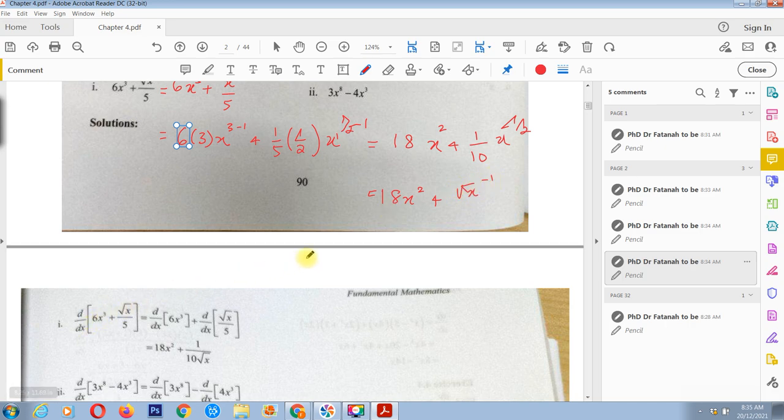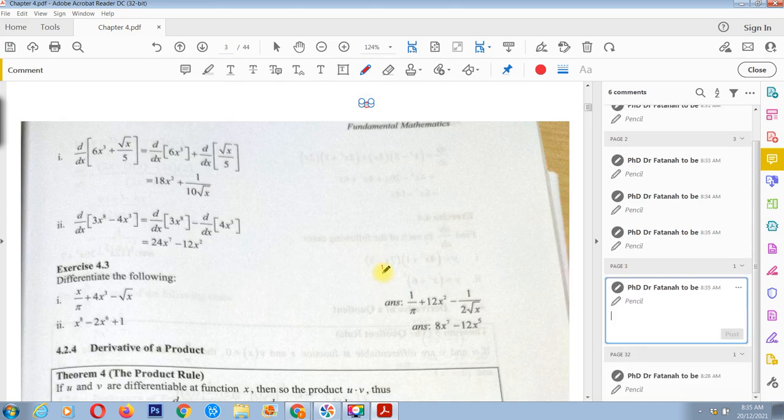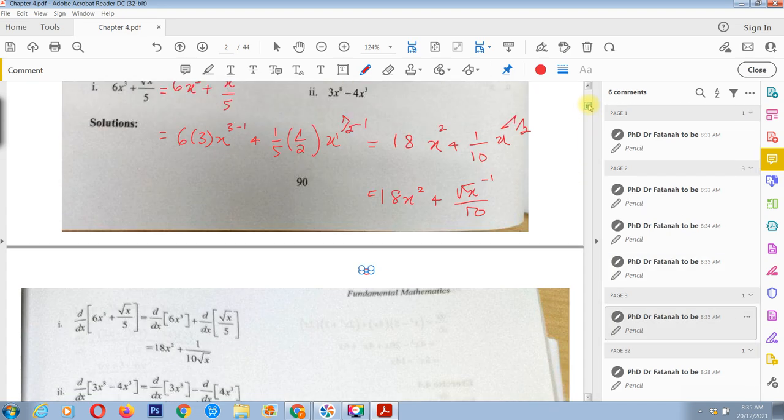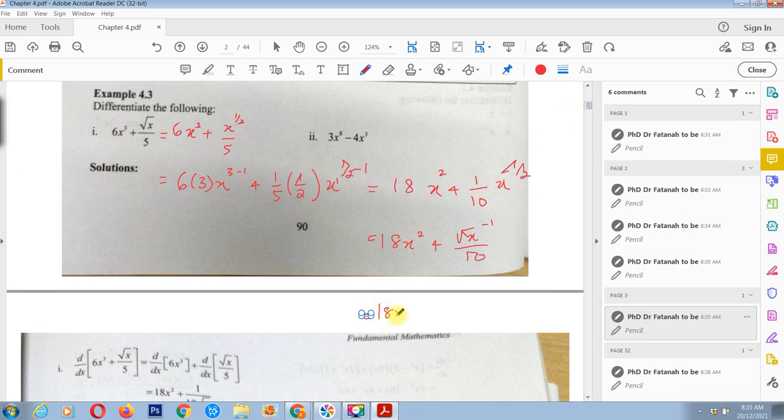Okay, we factor out x to the half and then we get 10. So that's why it will be 18x squared plus 1 over 10 square root of x. Okay,